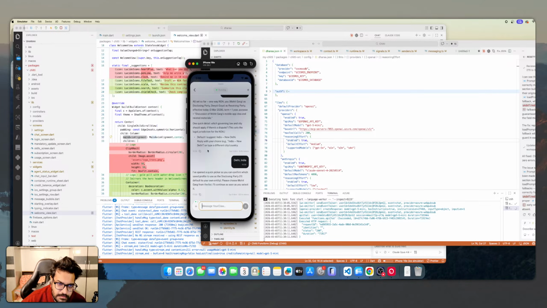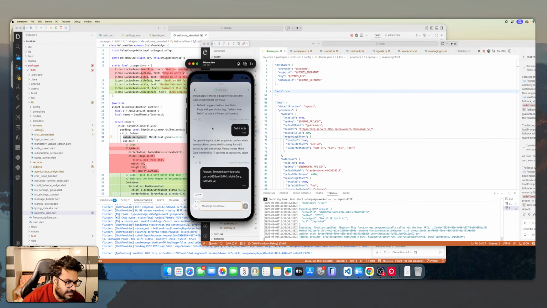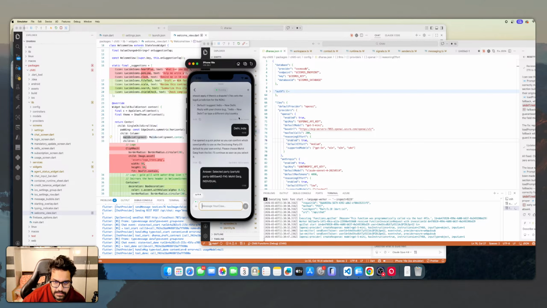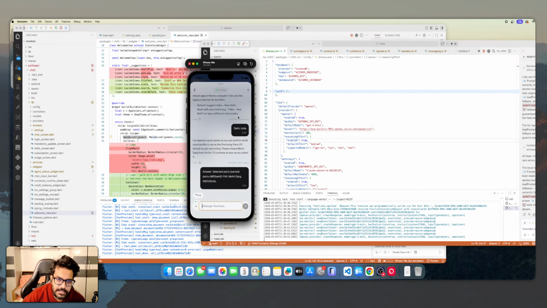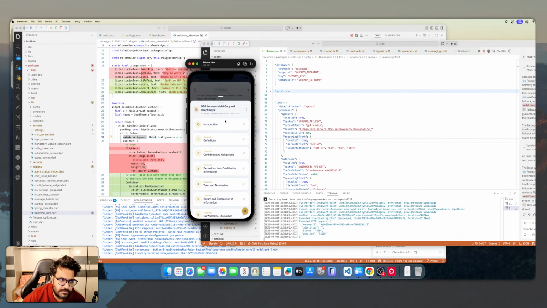So it's asking for the disclosing party. Please choose Mohit Garg. I will continue as you select it. It is taking the confirmation that it is you actually who is disclosing it, or someone else. Yeah. So now, if you see, it has started executing the contract and it would have triggered the document creation. I think, yeah, now the document has been created and you see the final document,